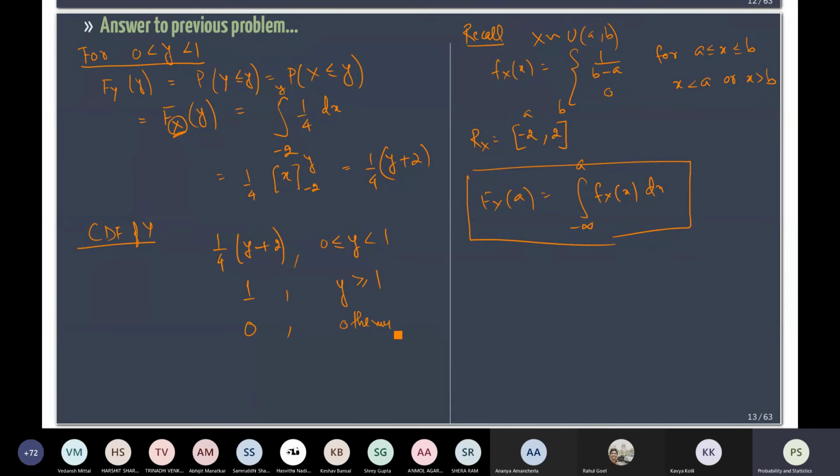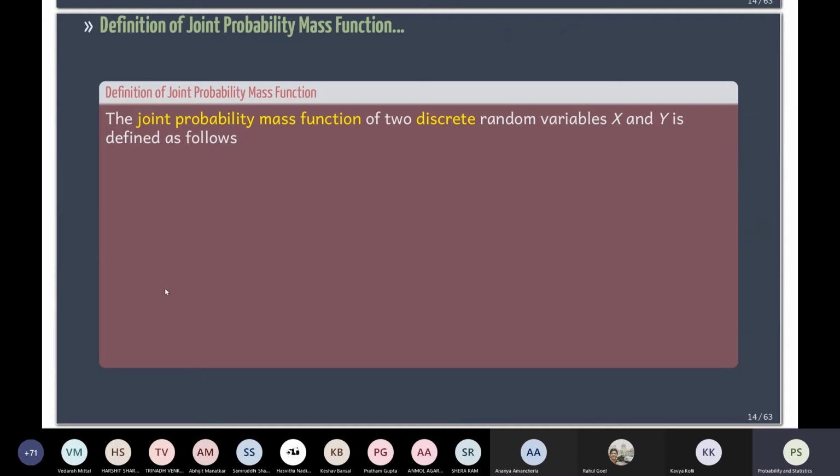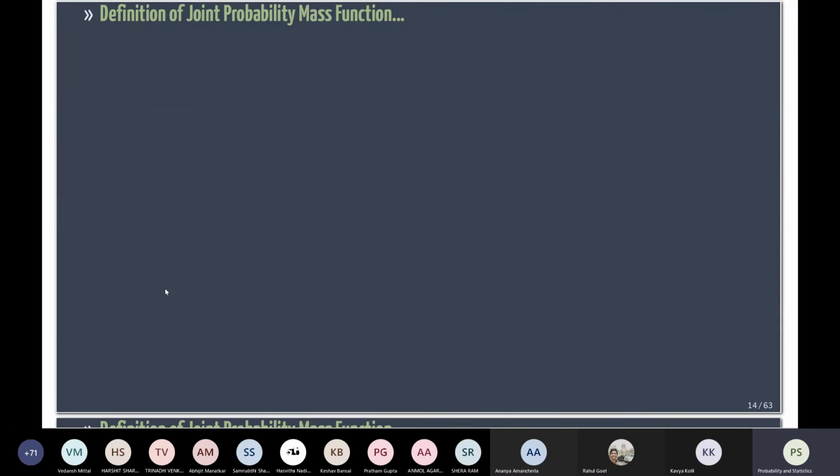F_Y(y) is the CDF. So this is how we found the CDF. What I will do next is